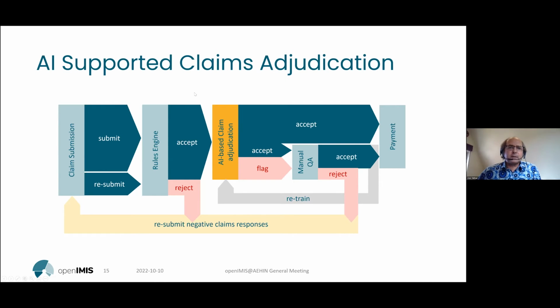And so we put that AI module in the middle that can pre-evaluate some of the claims, flag the ones which are suspicious, and then the manual part, the little green box there in the middle. Yeah, thank you, Saurav. That is much smaller then, because some of the claims you can just flag, you can just guide through and get them to payment directly when you use that AI module.